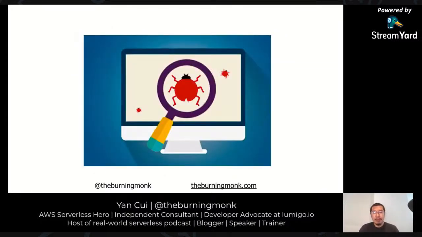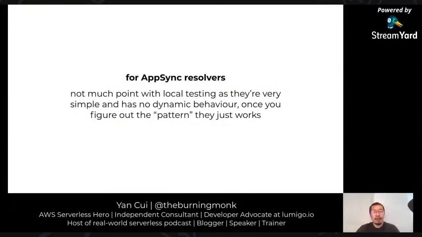So that brings me to testing. And one of the challenges with using something like AppSync is that it's a bit of a black box, and how to even test it locally. There are tools that simulate AppSync locally, but I generally don't bother with them as they don't cover everything, including IAM policies. And honestly, writing those VTL templates, they're so simple. They just work. You mostly just follow the template that's out there in the AWS documentation.